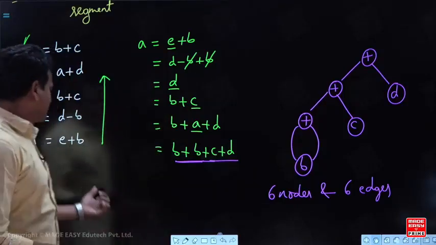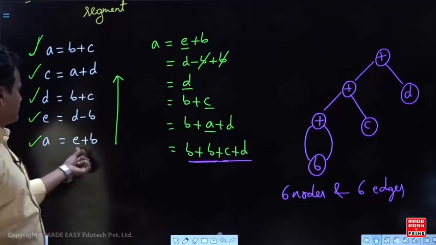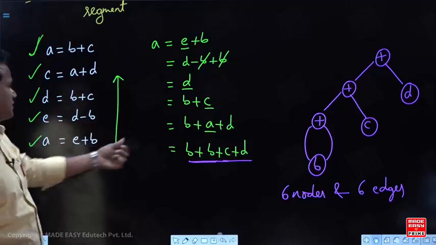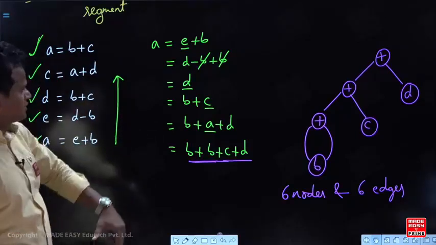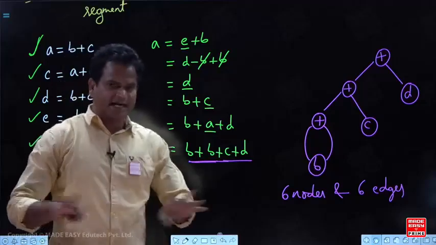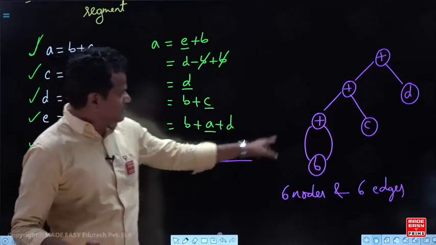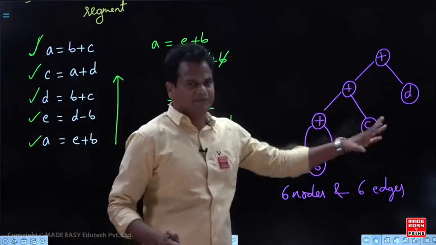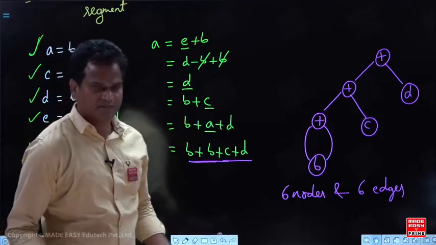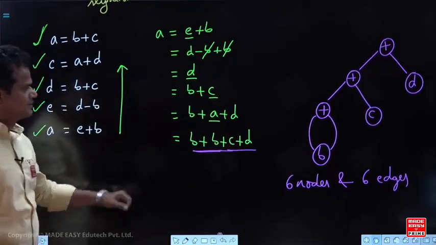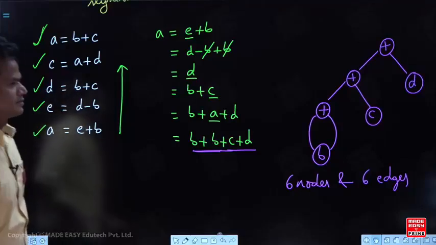Okay. So bottom up approach, take the last one. When you go to next E, substitute. Next D, substitute. Next C, substitute. Next A, substitute. If you have any minus and plus, you just cancel. And final, B plus C plus D. That's it. Simple. Okay. This will be given for 2 marks. Okay. Next. Copy. Make it fast.